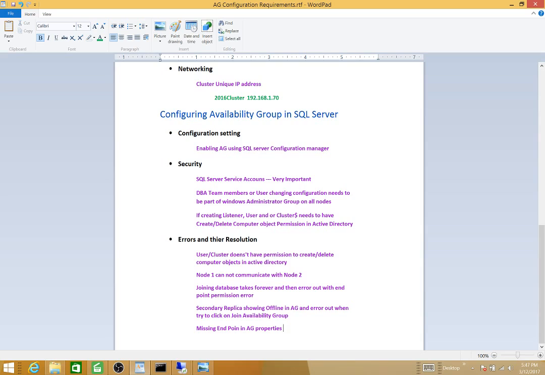And missing endpoint, that is the one that we couldn't reproduce, but I showed you during the demo that if it would be missing endpoints, you just need to take a look at the endpoints and see if the endpoint name appears. If it doesn't appear, it would be